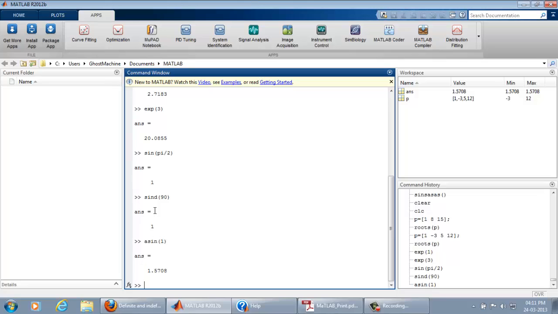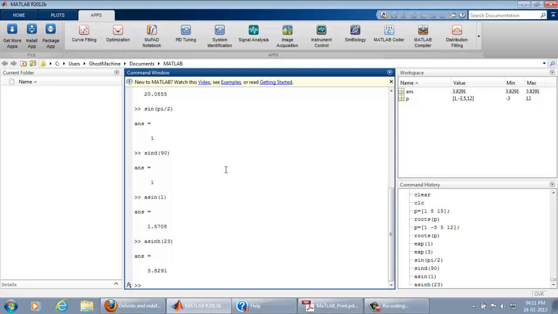The inverse sine of 1 is 1.5708. It must be in radians, the value of pi by 2, that can be calculated. Okay, asinh, inverse hyperbolic sine, let us pass some value in it. 23, yes, 23 is valid, and here is the answer of that.